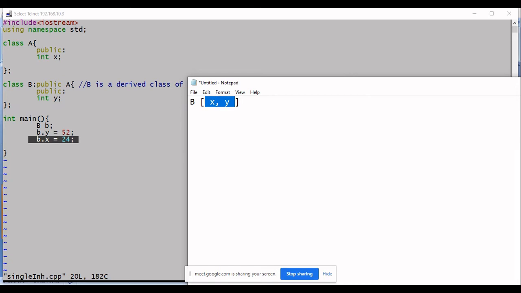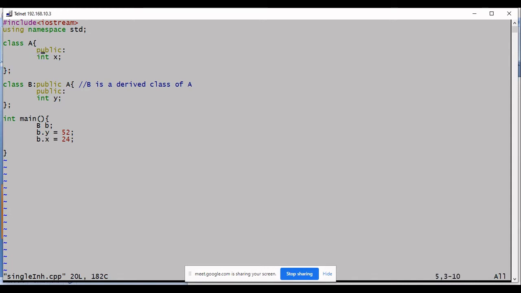You have borrowed the member data which is in public section, and that's the reason you can access X just as you access Y. That is the meaning. Okay.